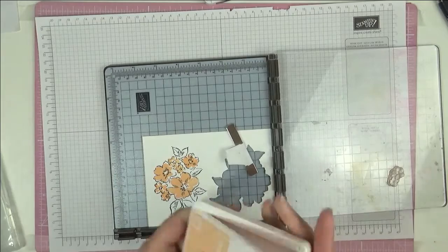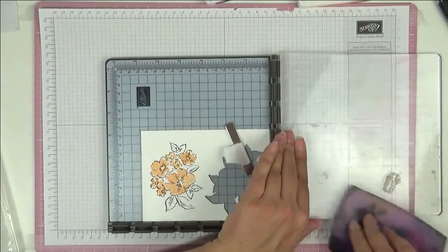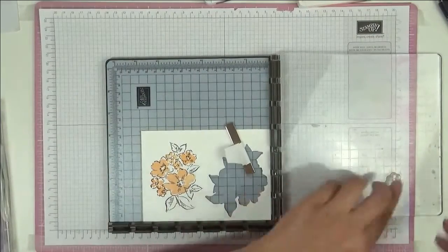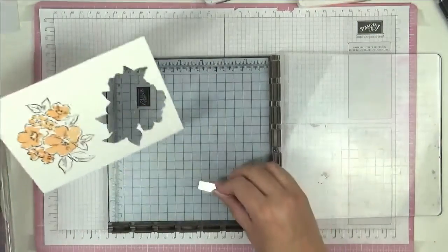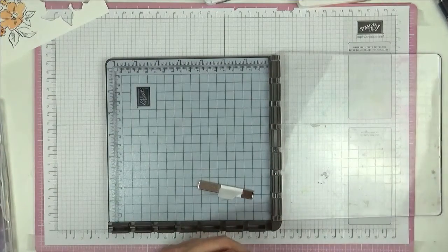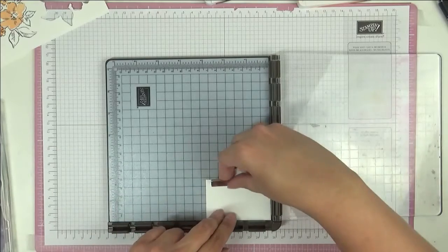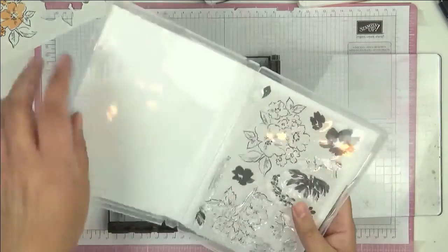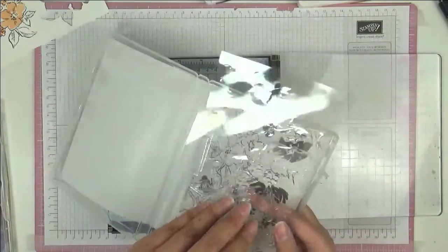Close up the ink pad. Isn't that a pretty colour, this purple? It really is pretty. I really like it. So give that a clean, shift that away, take this off, and now while I've got my Stamparatus, I'm just going to stamp my sentiments. I'm going to get myself just a scrap piece here of basic white, and we're going to get the sentiment out here that says feel better friend,